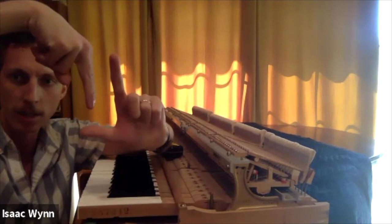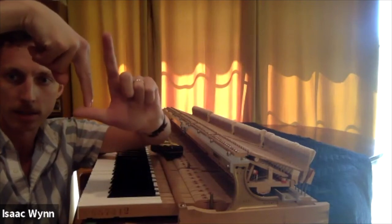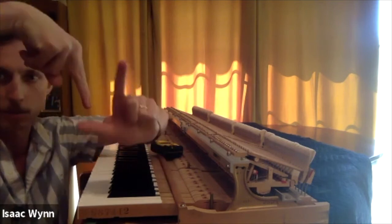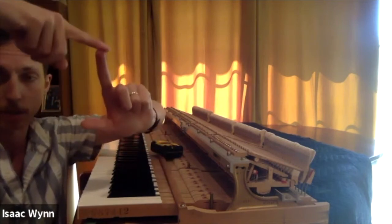So when the jack moves up, it contacts the toe of the jack, and then it rotates out of the way. It's like this kind of movement, which gets this top part that's pressing on the hammer out of the way. But with this system, the sound resonates, and that's making this piano what it is. More expressive,